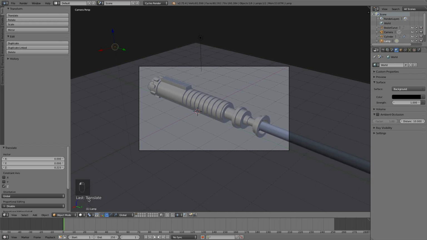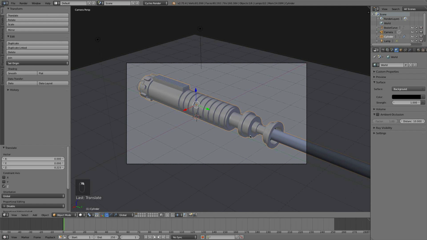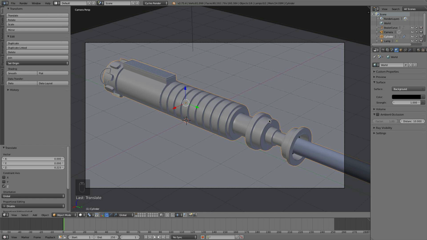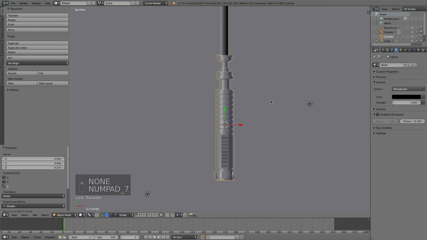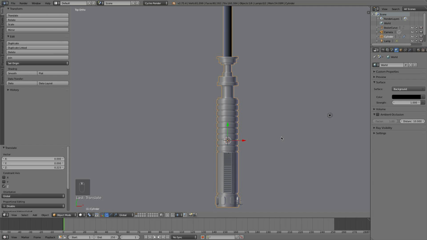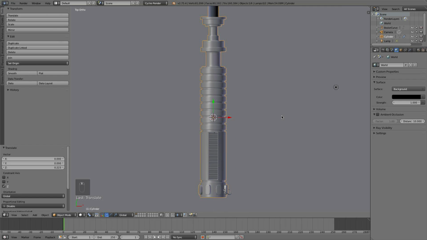So with that done, let's start adding our material together. Before we can add the materials, we need to do a quick unwrap job. It's called UV unwrapping, and if you've never done it before, it can be a little confusing when you try and think about it. But basically, think of it as if you were going to wrap this lightsaber in some